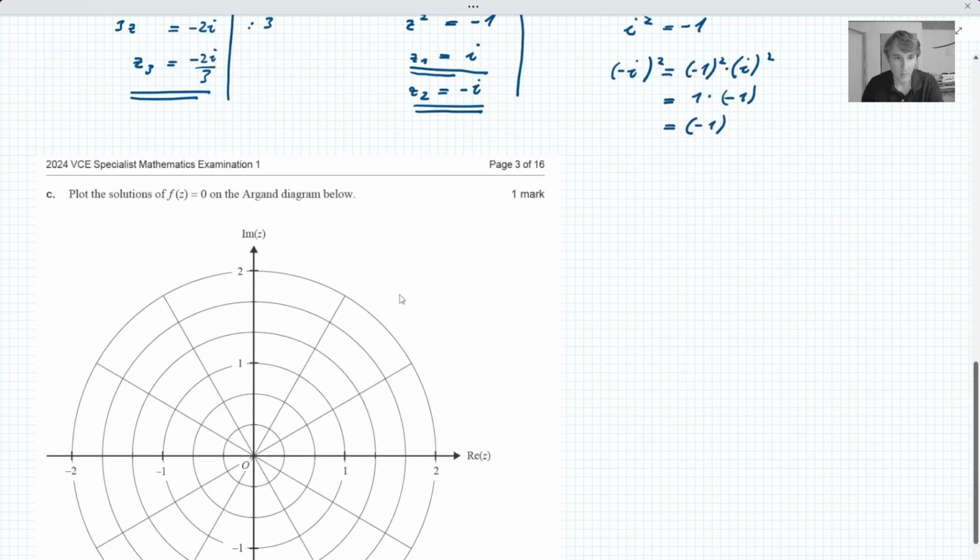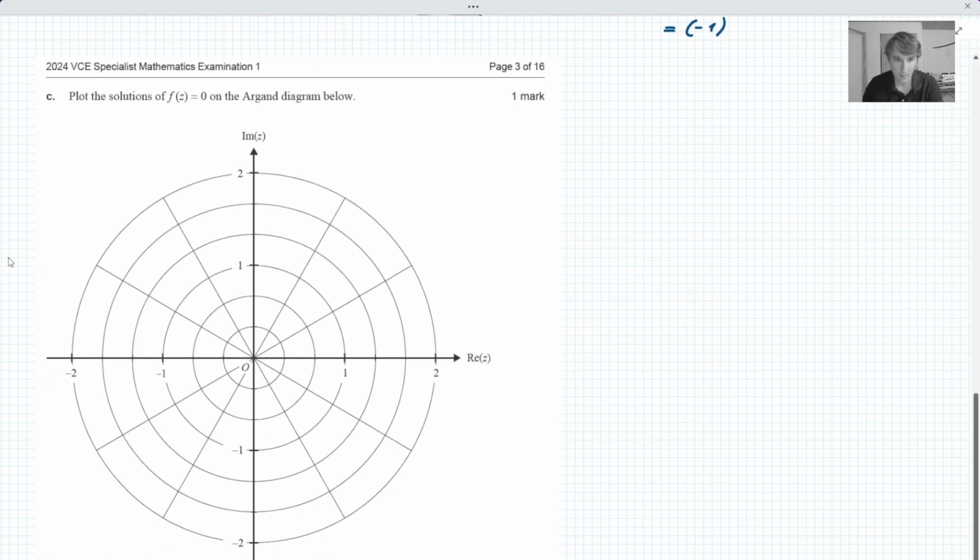Now in question 1c, we simply need to plot the solutions into this diagram. So let's start with c1. c1 is just i, or 1i, so it's just gonna be here. Then -i is going to be here,